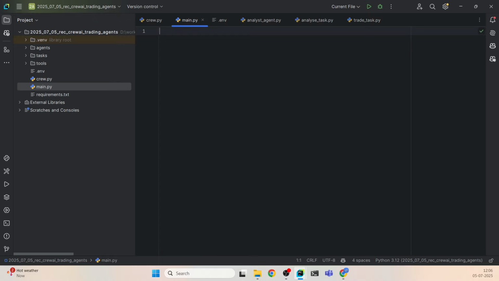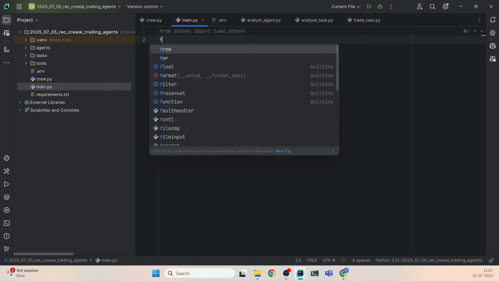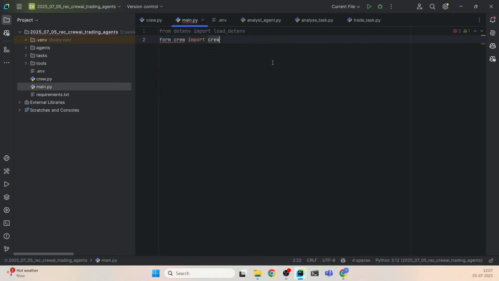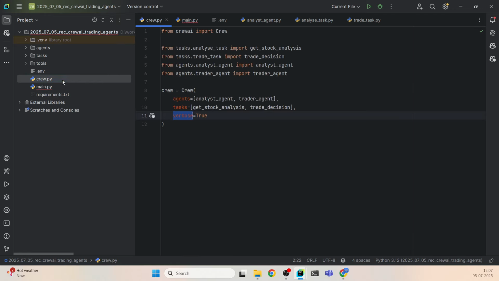Okay, and main. So finally, I can say from dotenv import load_dotenv. We have a Groq API key, right? So this should be saved in the system's environment variables. In order to do that, we need this load_dotenv. And then from crew, which is nothing but the Python file that we have created,